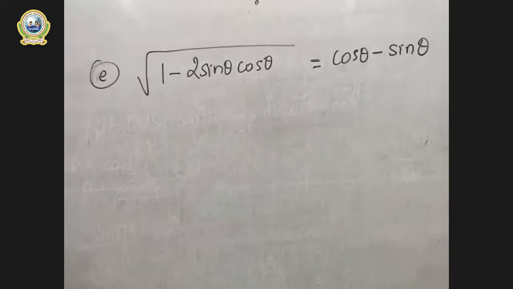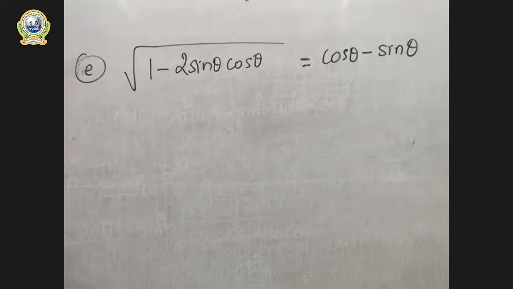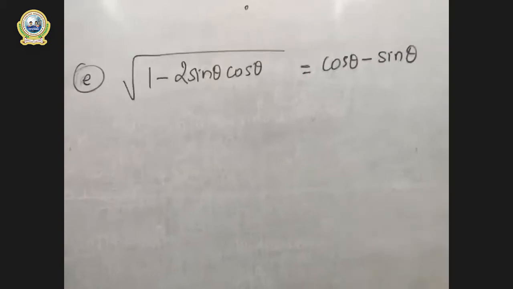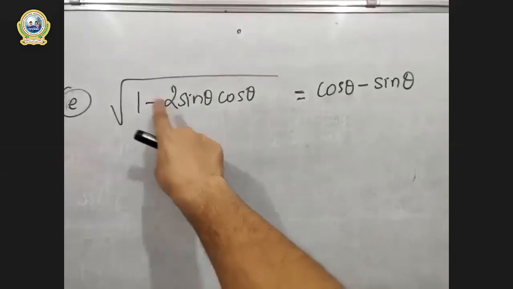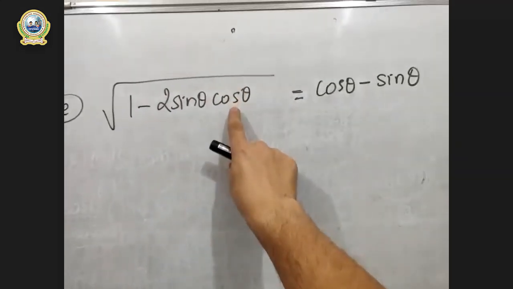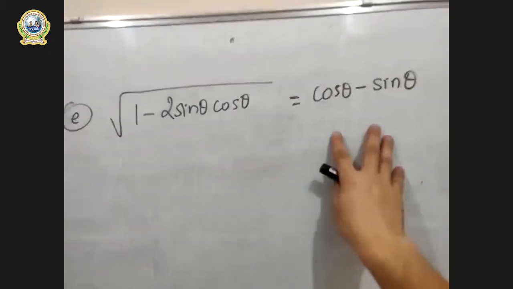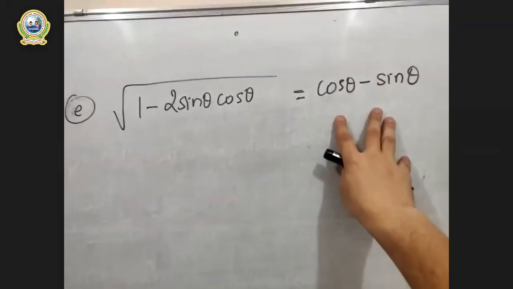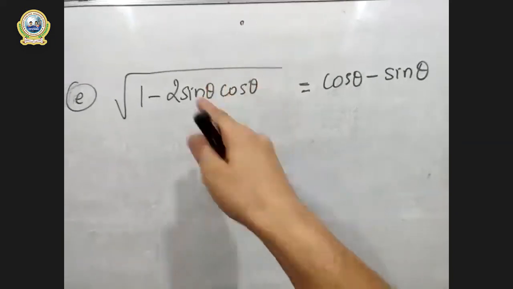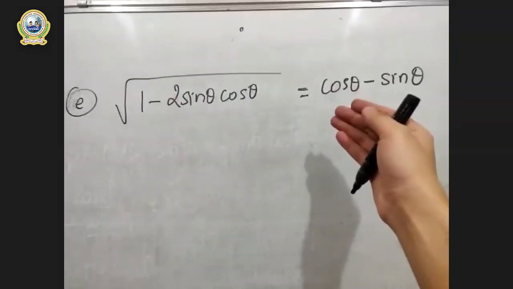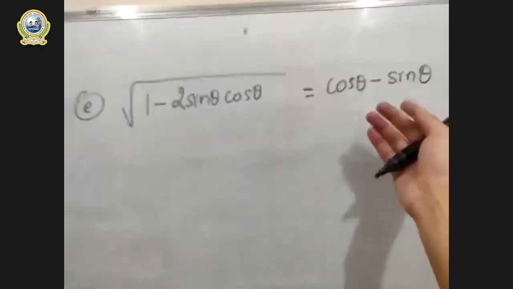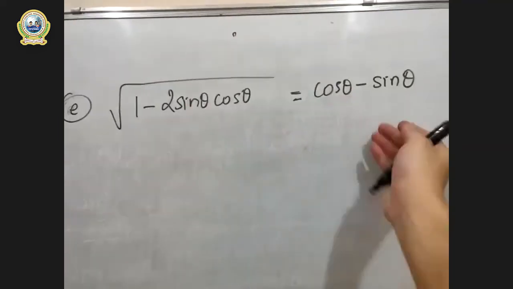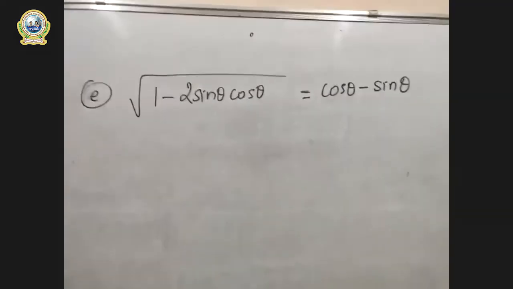Now let's begin the solution. Before beginning the solution, what do you think? Should we start from right part or left part? Look at the difference first. In left part, we do have root sign over here, right? Is it clear? But in right part, there is no root. So the rule for this question will be anyhow remove the root. In the left part, there is root sign, right? And in the right part, there is no root sign. So our rule will be anyhow remove the root. It's simple. So let's start from the left part, okay?